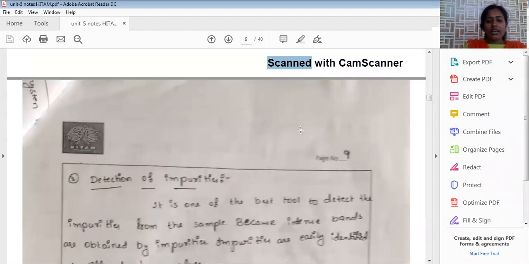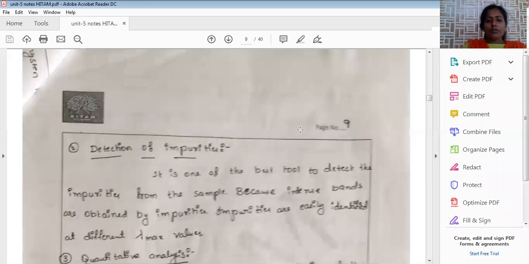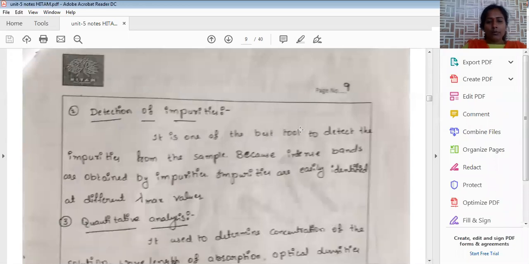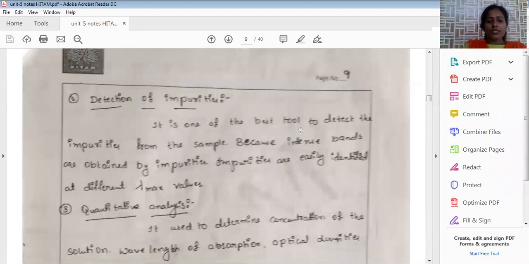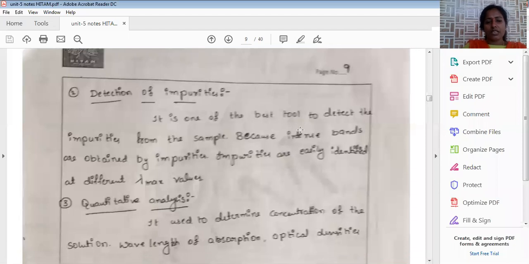The second is detection of impurities. Here, UV visible spectroscopy is an important tool used to detect impurities. How can we identify impure peaks? If the expected peaks are obtained for the given compound, and any additional or unwanted peaks are there in the UV visible spectrum, then it indicates the compound contains impurities. Impurities give noisy signals or unwanted peaks in an unexpected region. In this way, we can identify impurities present in the given compound.